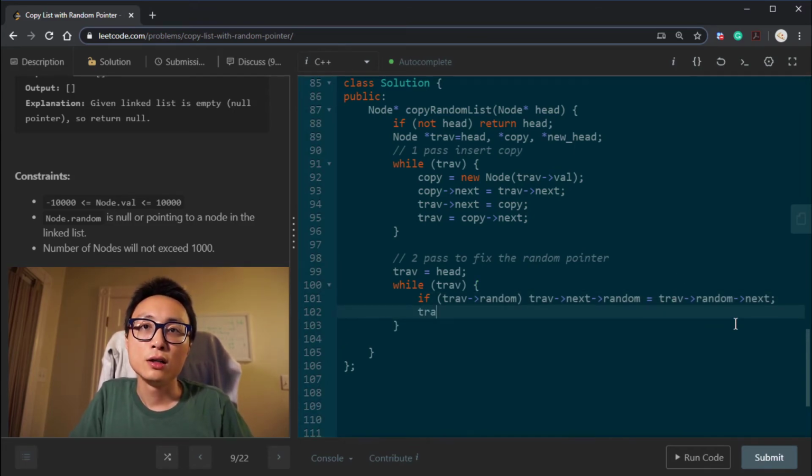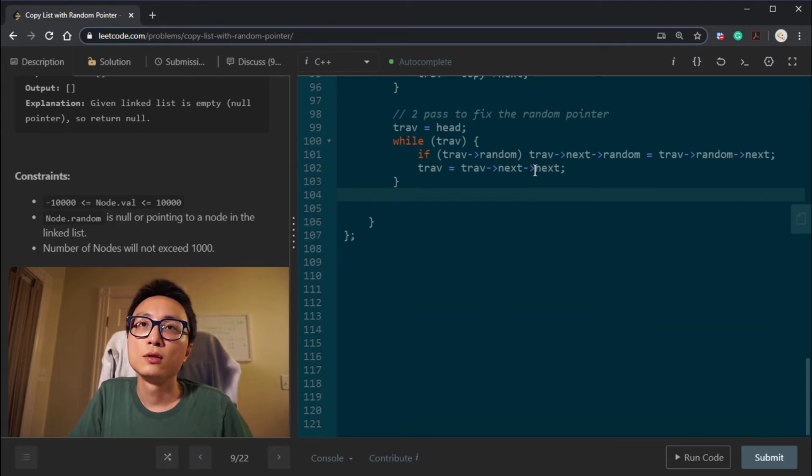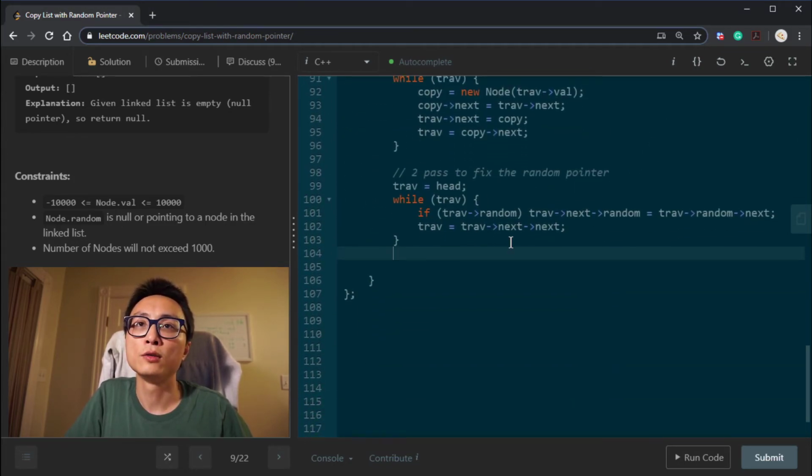After that, I can traverse 2 steps at a time, because if I traverse 2 steps at a time, I'm only looking at the original nodes inside this sort of fused linked list. So that's the second pass.